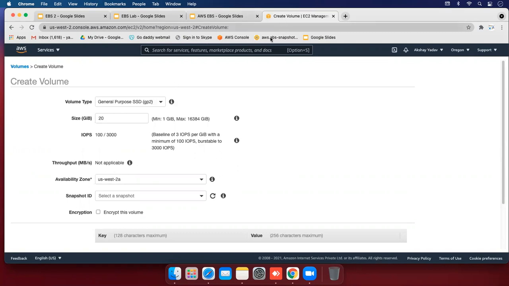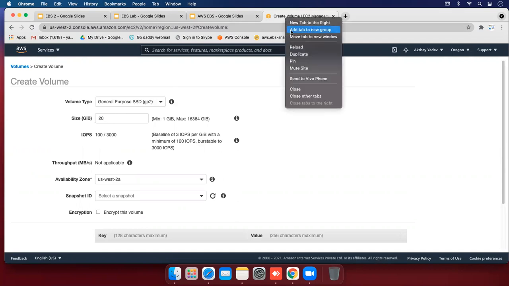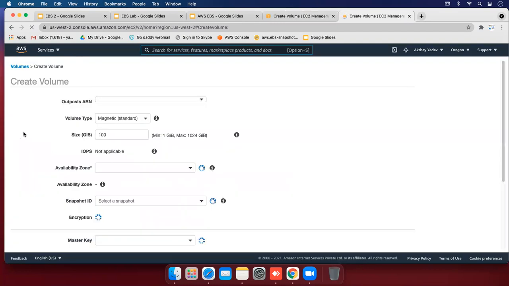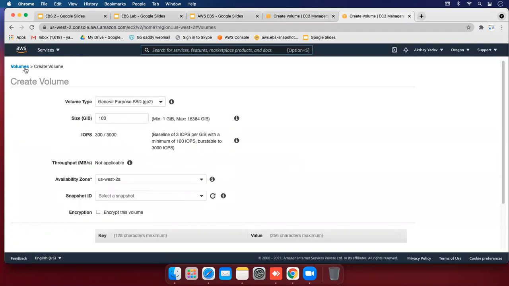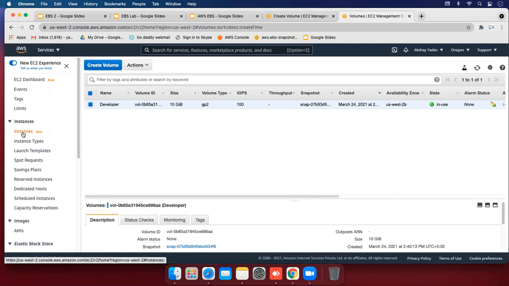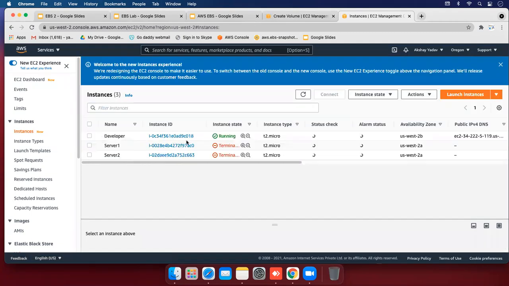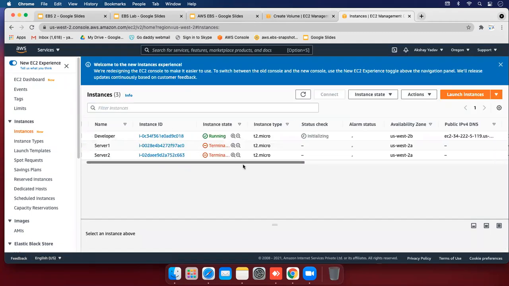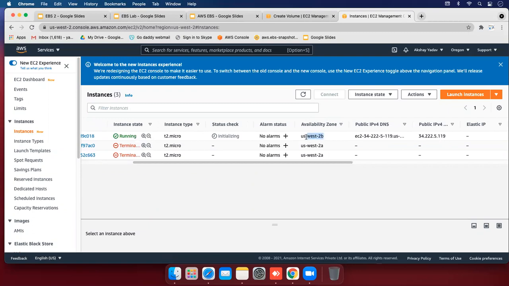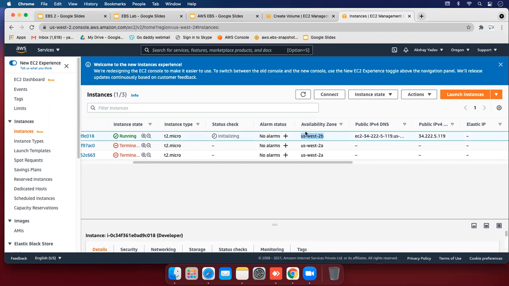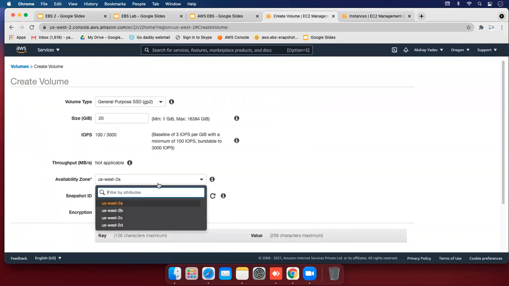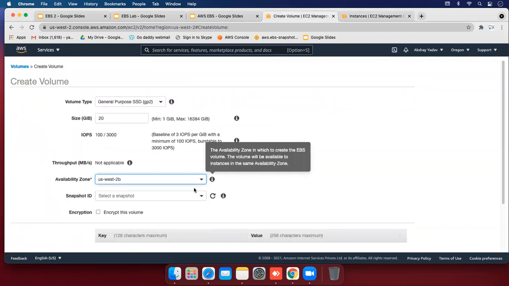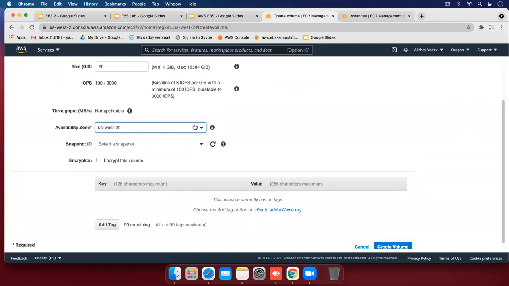So let's see our instance's availability zone. Click on the instances, hit on the instance and check the availability zone. You can see here this is US West 2B, and let's select the volume in 2B. If you have a snapshot, you can add it here.